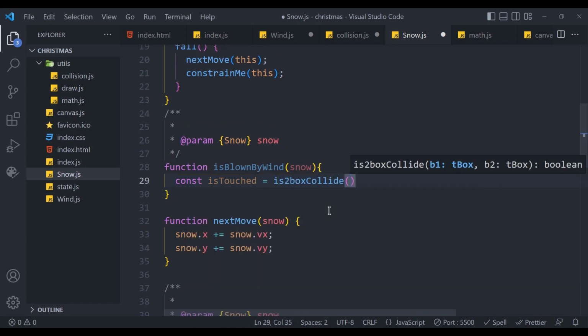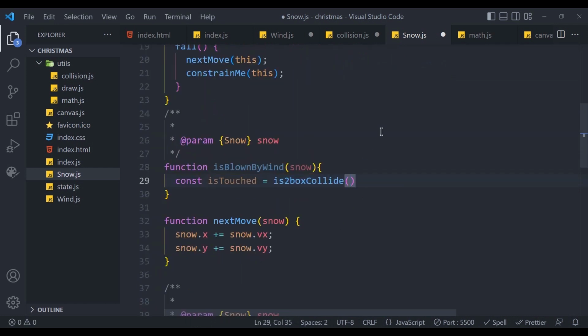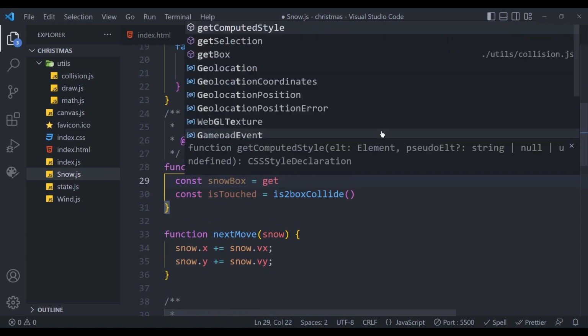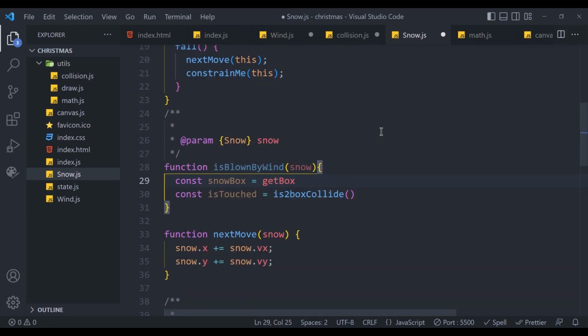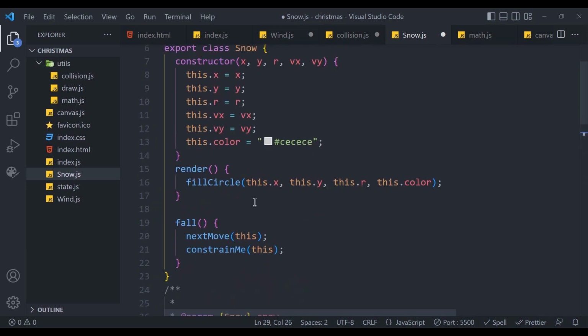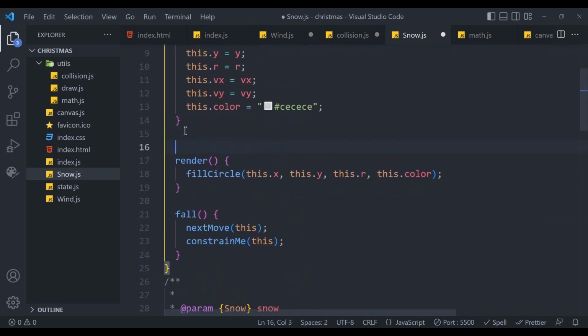I'm gonna check whether this import includes the extension .js. Yes, it is included, the extension. We don't have to do it. We're gonna get block 1 and block 2. So let's say snow block, const snowBlock is gonna be a getBlock. It's gonna be, you know what, I'm gonna give up a class